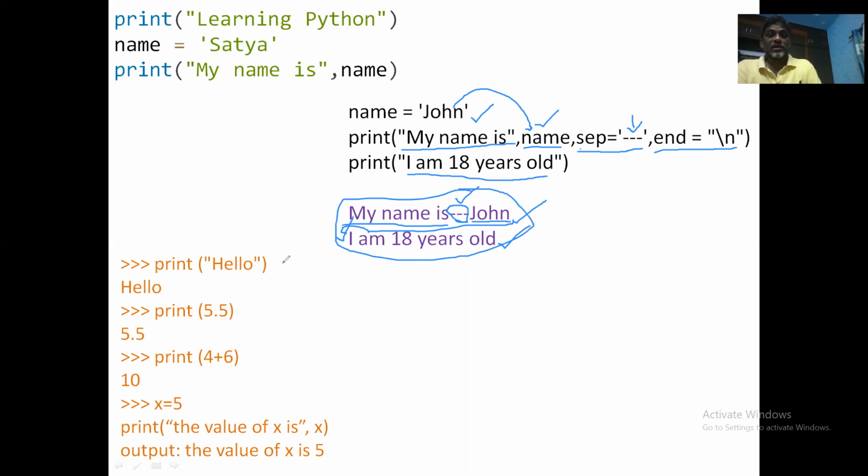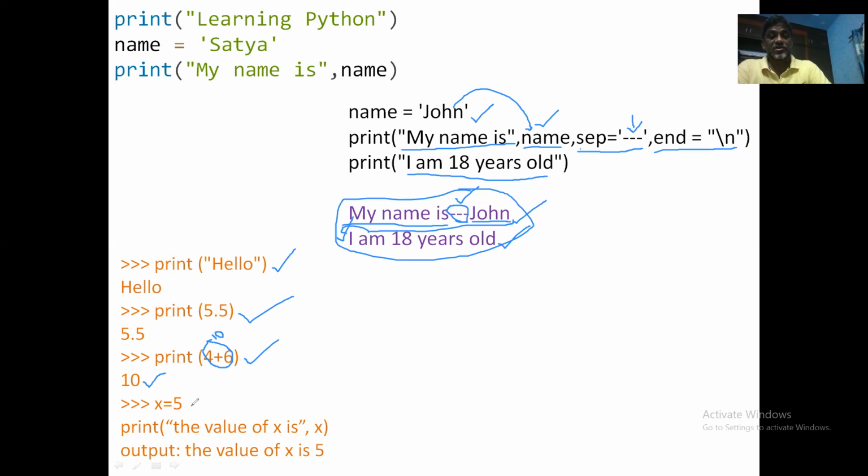Okay. And here are some examples to understand what are the other data types that we can print. The first one is printing a string. So the print function can be used to print any string like this. Okay. And you can use the print function for displaying a value. You can use the print function with expressions also. If you send an expression, it will be evaluated first and the corresponding result will be printed by the print function. Okay. So the output is 10.